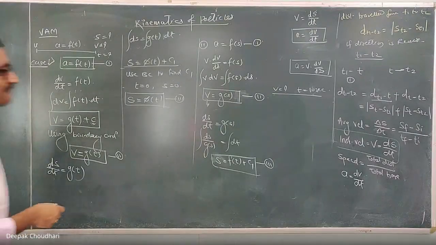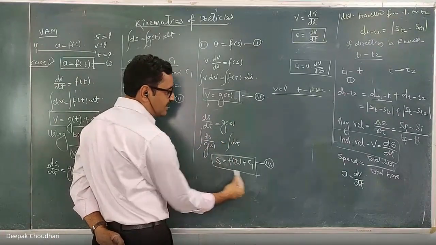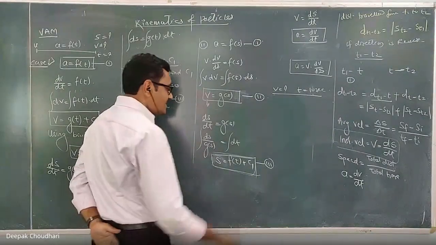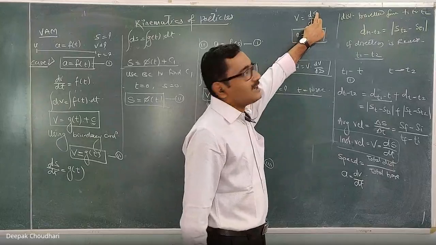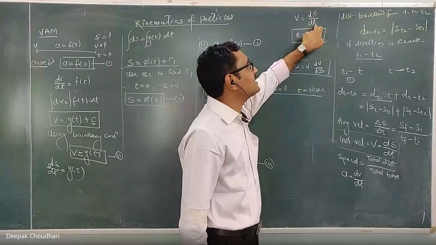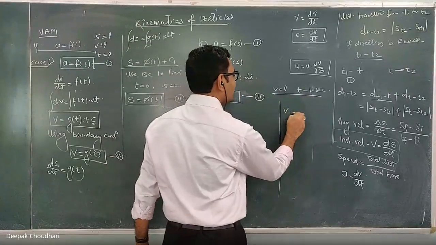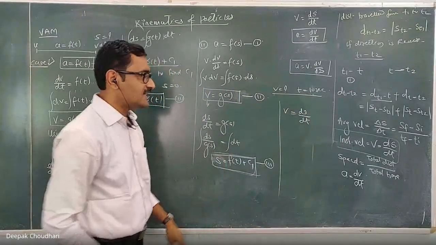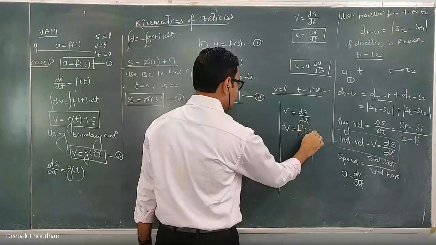To write down that equation of v as a function of time t, now I have one equation, s as a function of time t. I have a generalized equation. Now with the help of this equation, I can get the equation of velocity. I know that if I differentiate the equation of displacement with respect to t, I will get the equation of velocity. So we know that v equal to ds by dt. So if I differentiate this equation with respect to t, I will get the velocity. Let it be f dash t.